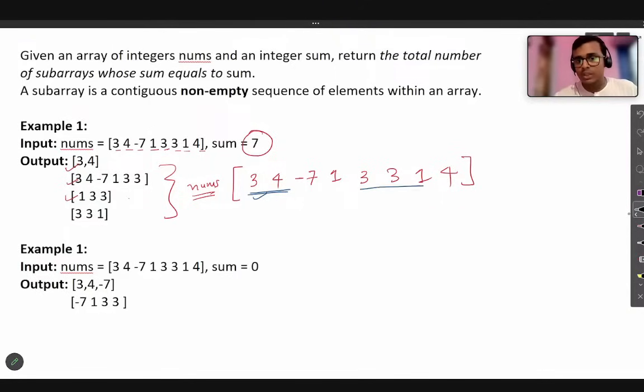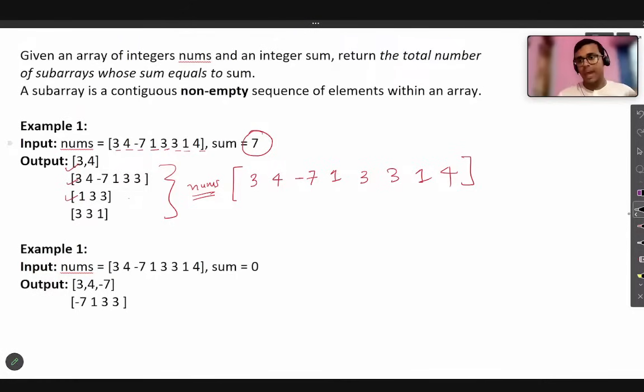From the naked eye you can see another one, and another one as well. There are no other subarrays that can be taken from this whole array whose sum is equal to 7. So these are the 4 answers we can see.